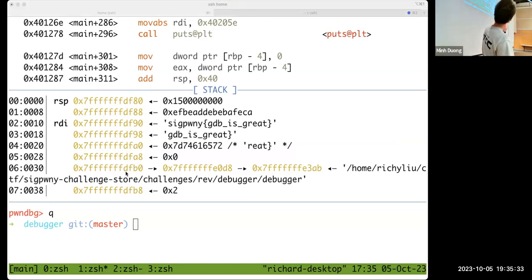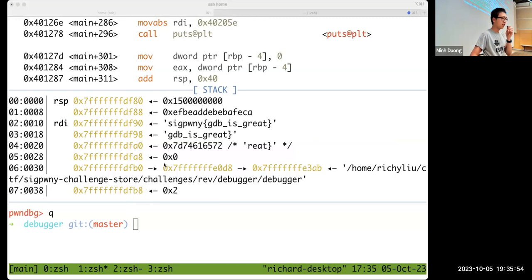So I'll pause here real quick. This is a very good cheat sheet for the GDB commands. GDB itself is a tool, and pwndbg is another tool. I've split the cheat sheet into commands that are specific to GDB and specific to pwndbg. But if you've installed pwndbg, you just use whichever.